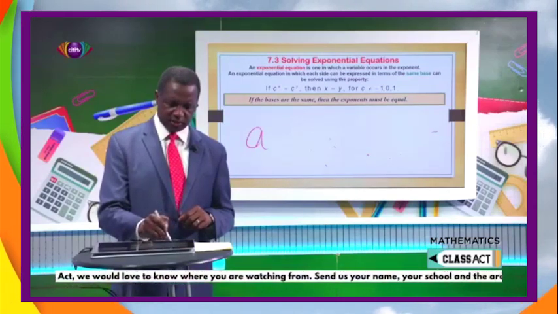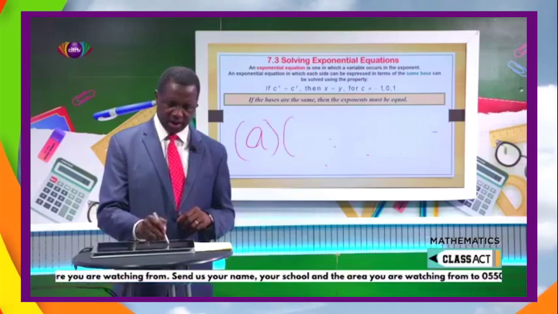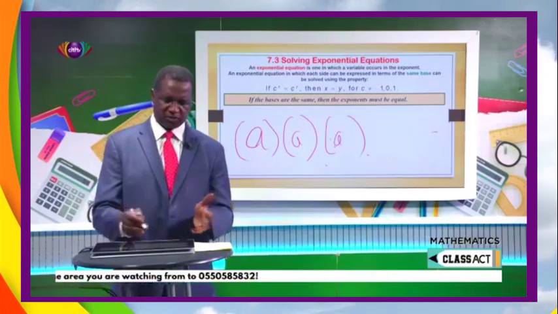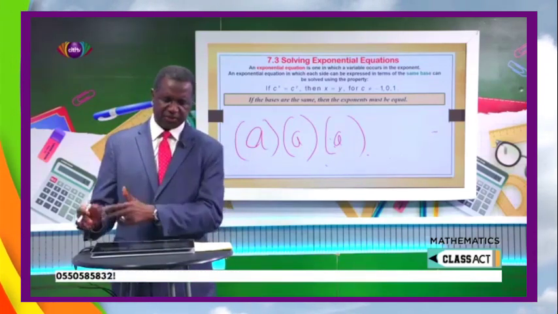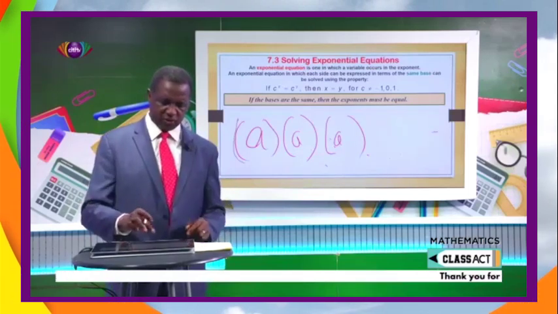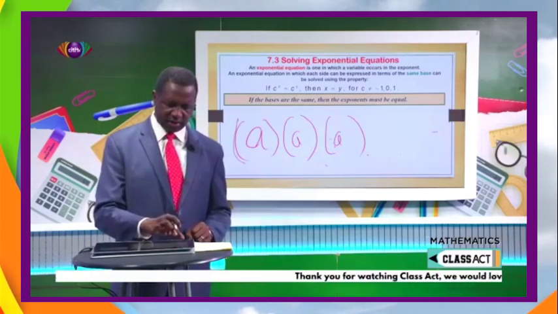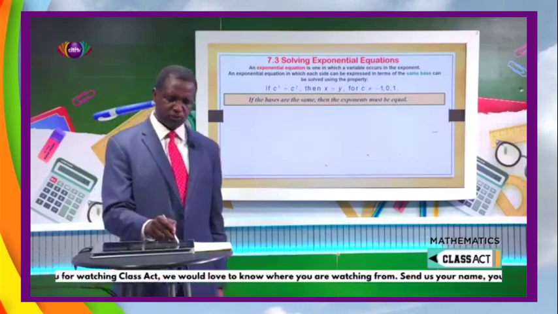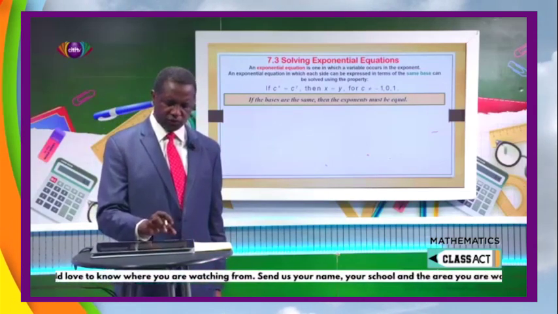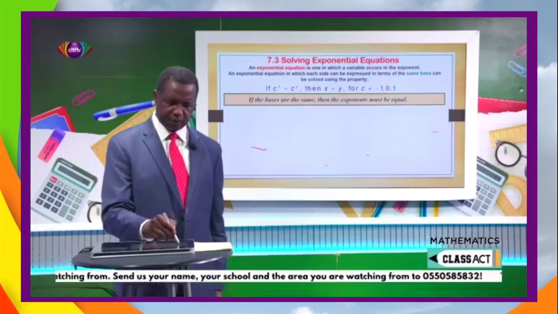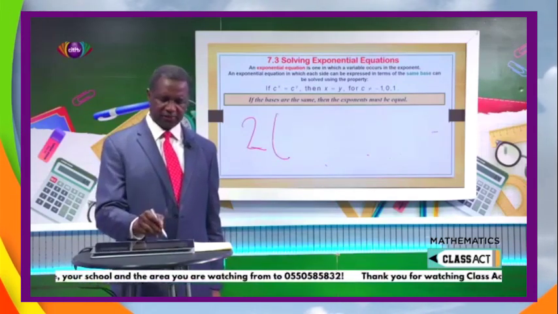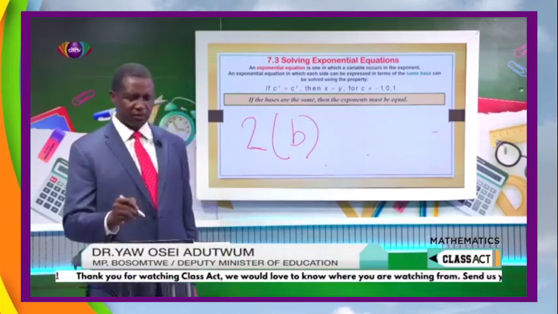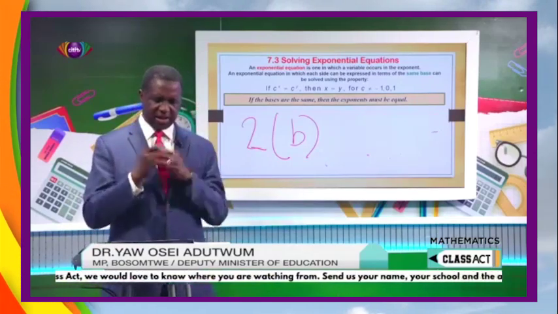I can do this, and I can do that. When you see this, it also means multiplication. It also means a times a, right? Sometimes you don't even have to see everything there. You can also see something like this: if you see 2 and b next to each other, it also means 2 times b, which gives you 2b. So have that at the back of your minds.